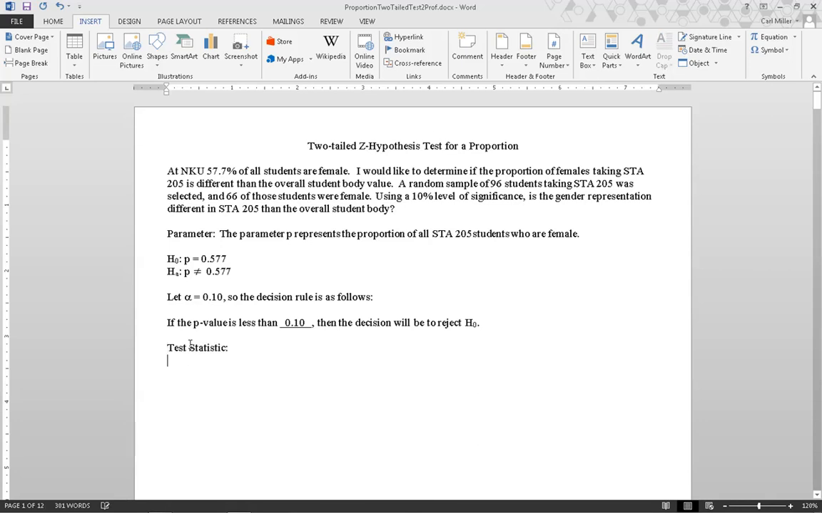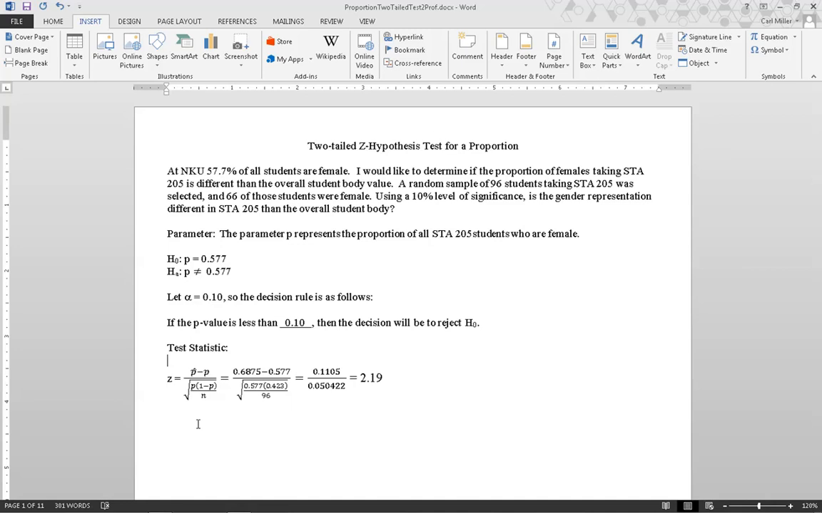The test statistic is that z is the sample proportion p hat minus the value of the population proportion if the null hypothesis is true. The denominator is the square root of p times 1 minus p, divided by n. For our sample,